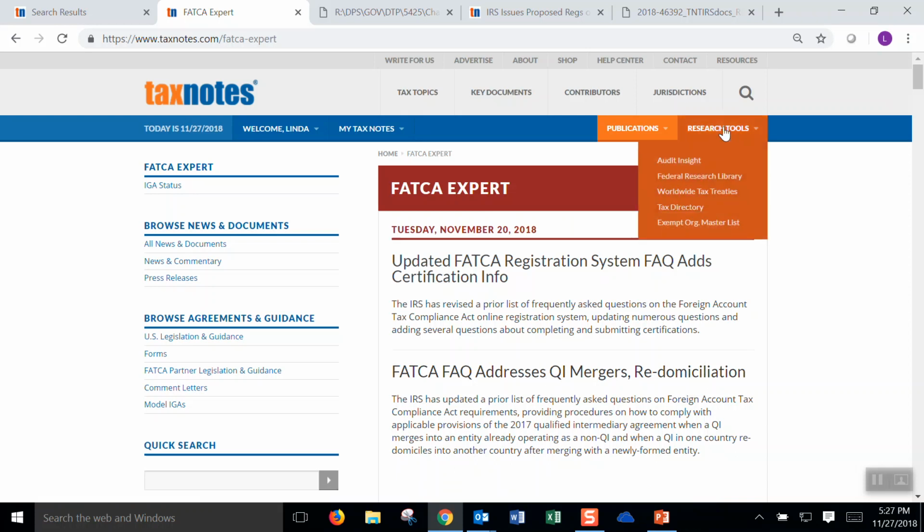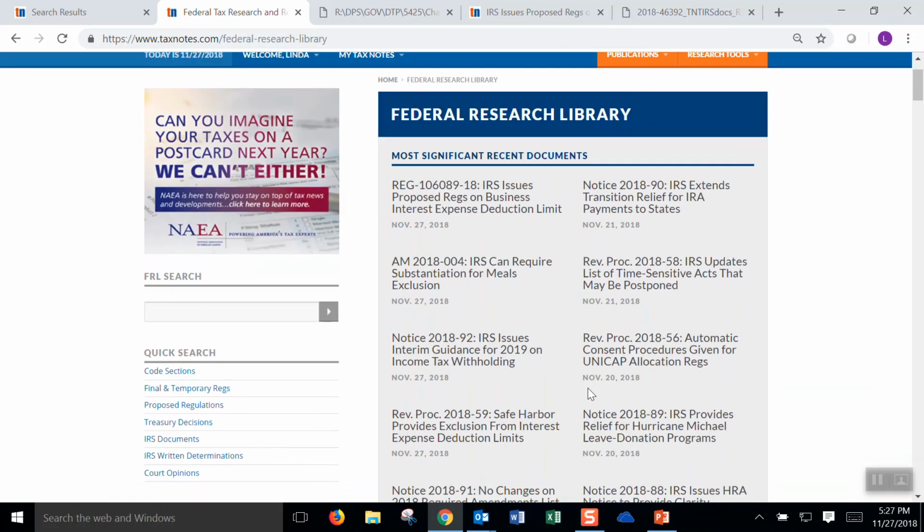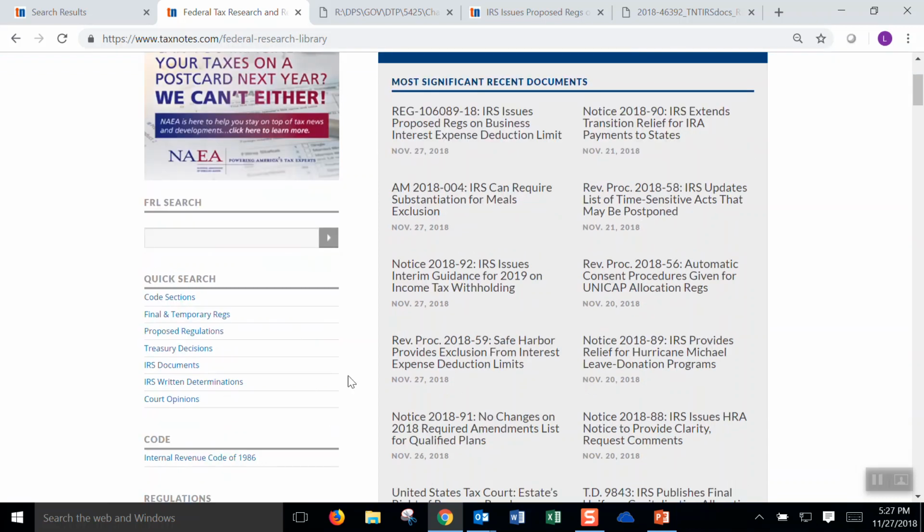We have 5 research databases on the platform. The Federal Research Library is a collection of primary source materials in federal tax. It includes the code, the regs, court cases that are centered on tax, and IRS documents and determinations like the PLRs.